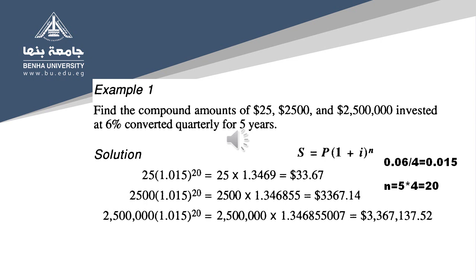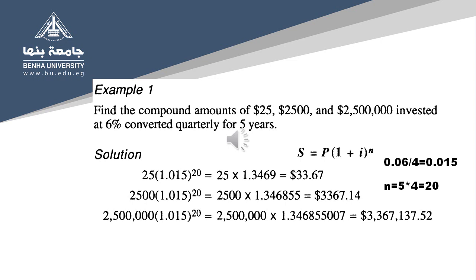And the 5 years must be multiplied by 4. After 6% is divided by 4 and the number of years is multiplied by 4, as we see in this slide,